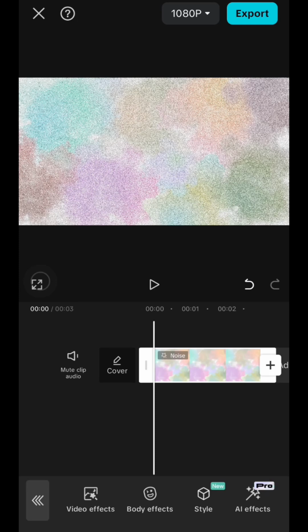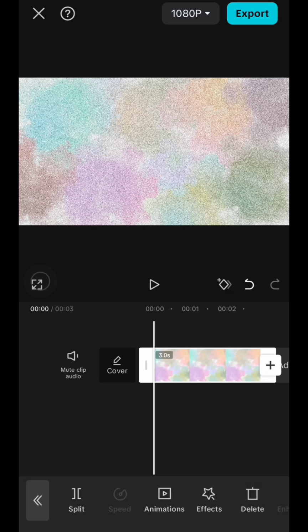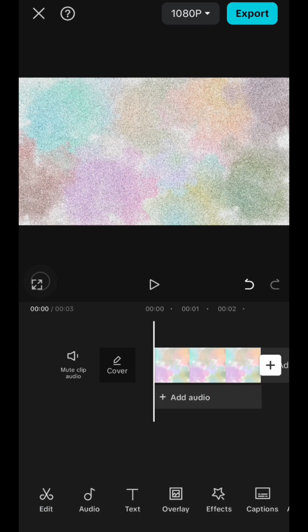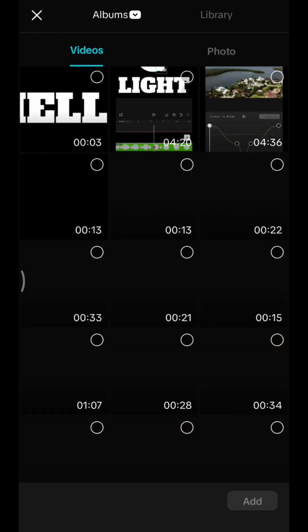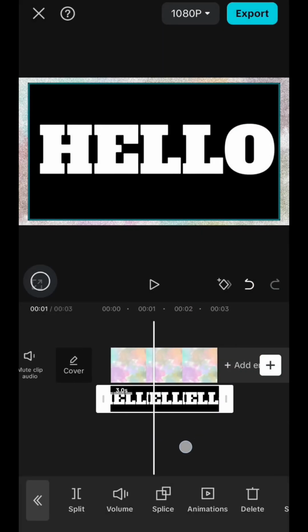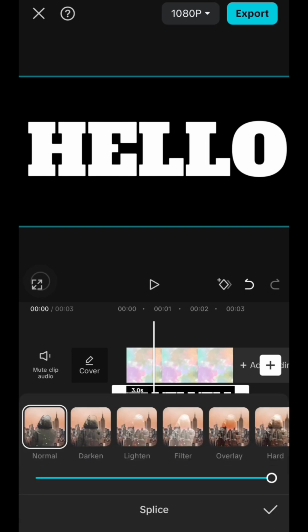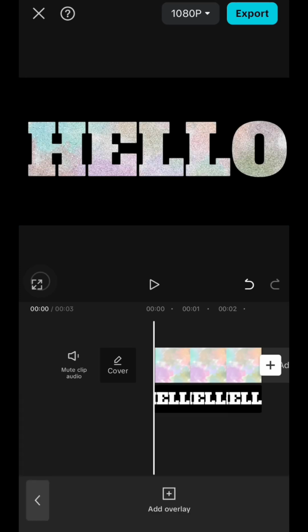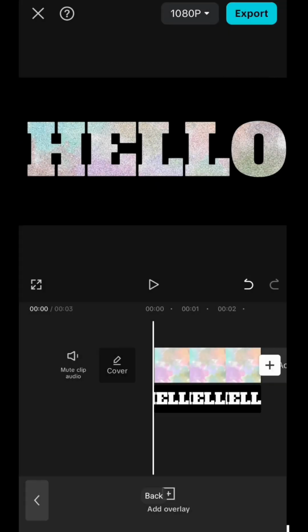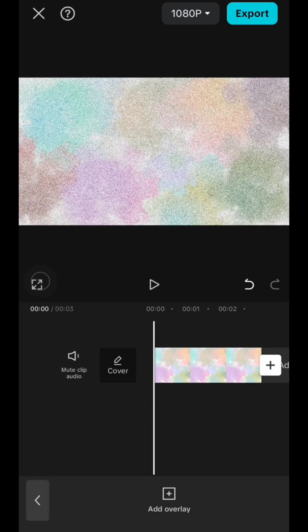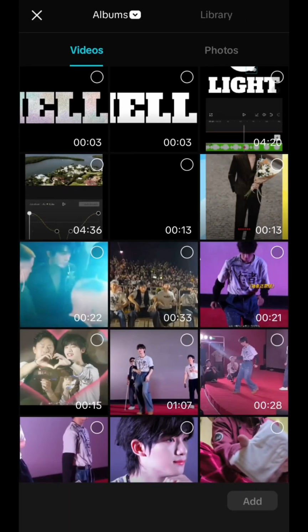Next, just import the text clips that you exported earlier, but this time import it as an overlay like this, and then just adjust the size, and then go to splice and then darken like this. Now your text takes on the grainy pattern from the background, and then just export again, and then go back to your projects, delete all the elements, import the video that you just exported,